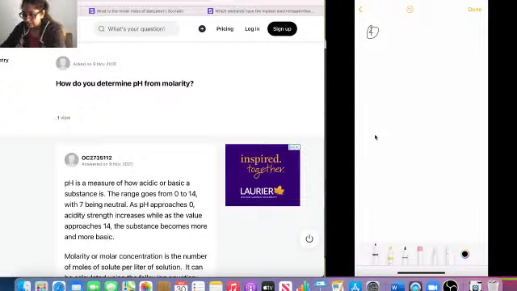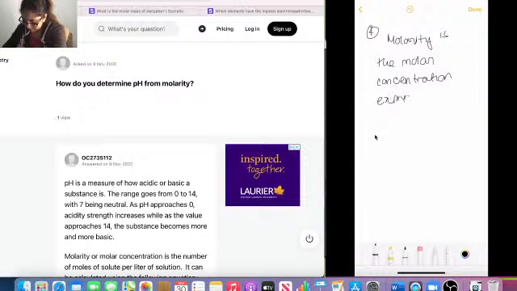And so molarity is the same thing as molar concentration, expressed as